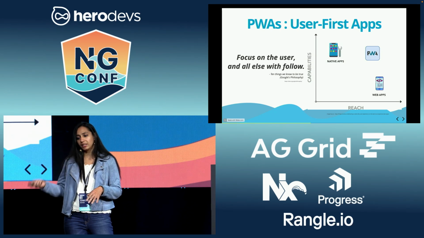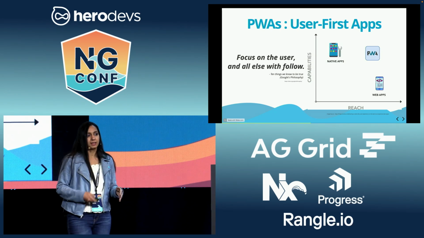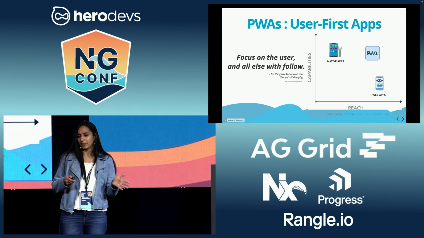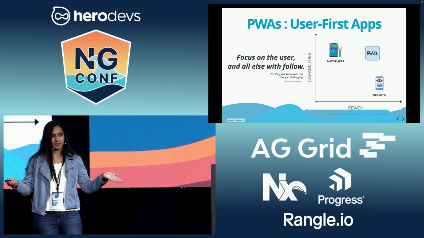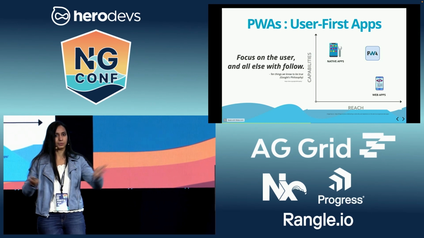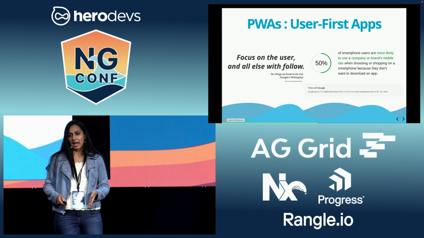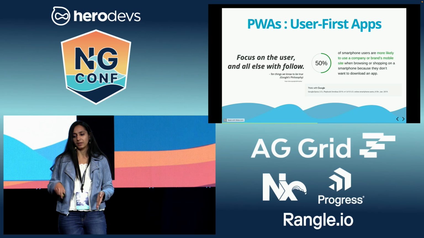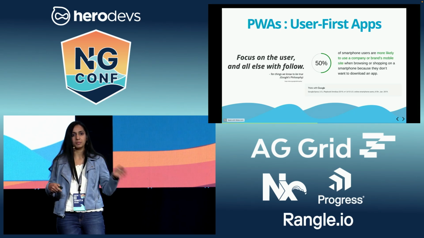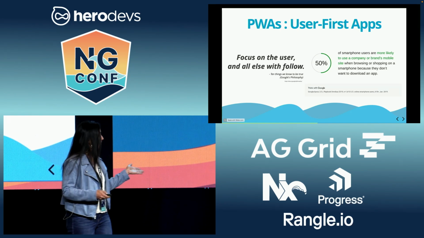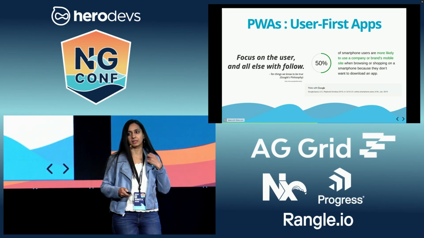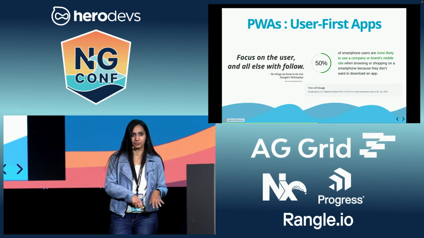The web has more reach, but native apps tend to have more user engagement. And that's where progressive web apps balance it out between the two genres. They act as a lightweight, performant alternative and a great middle ground for users. Because users really don't want to be using a mobile app. According to one study, 50% of users would rather use the site on their phone